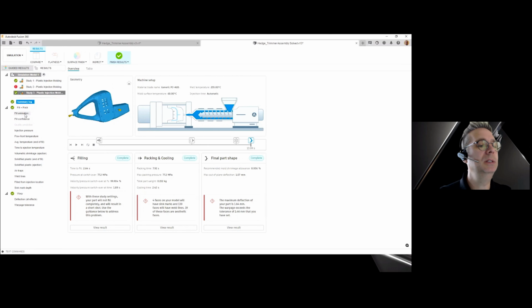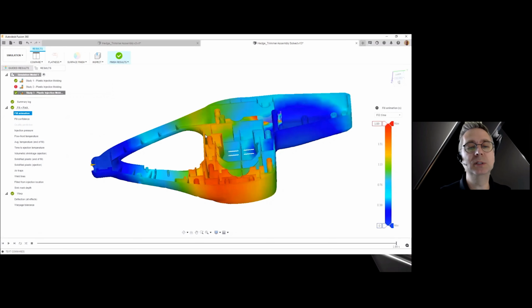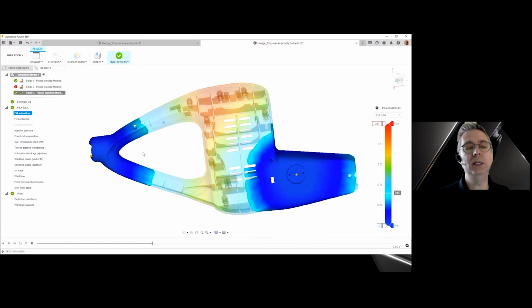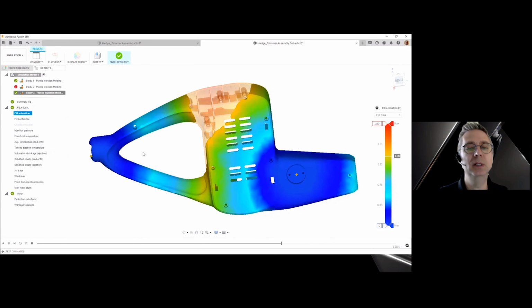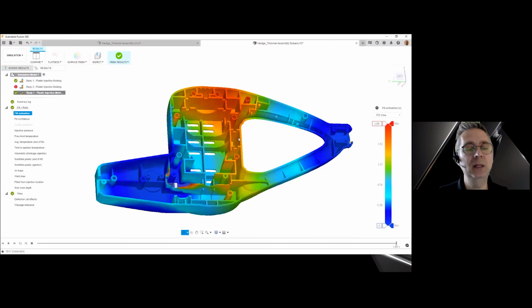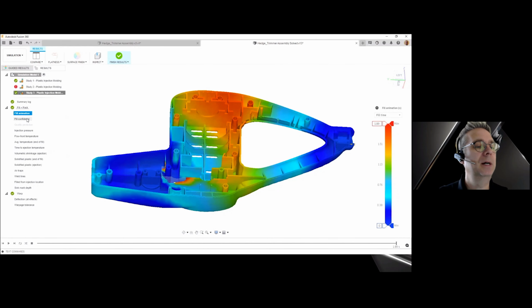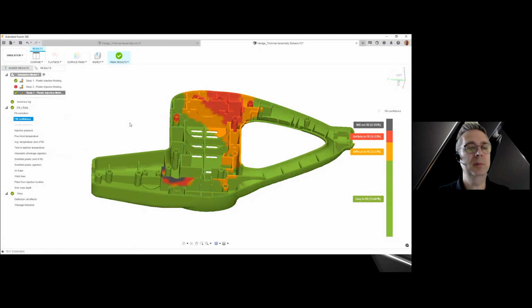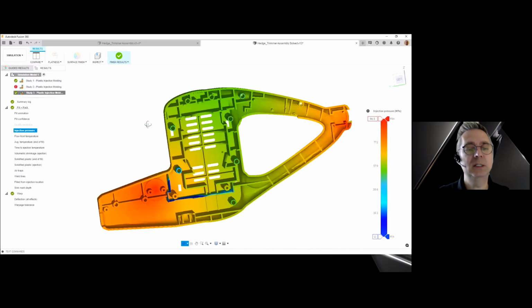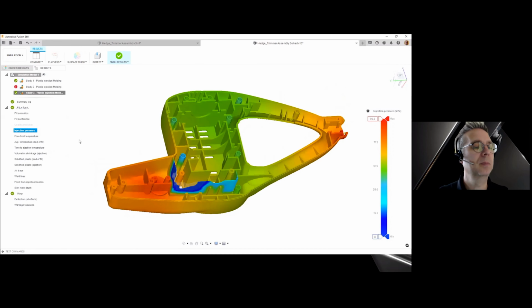Besides that, I do see some of the standard ones that look more familiar to me, filling animations, where I can see just what is the pattern, right? How is this filling? Do I like the way that fills? Based on this, I might simply move one of my gate locations this way or the other way. Fill confidence. Again, we get back to what was in the guided results. Injection pressure. Again, I always want to make sure that it's not going to exceed the machine maximum. And a whole bunch of other results here.